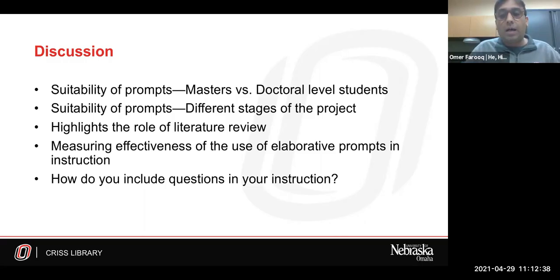Yes, we do. We have a social science research commons. It's a collaborative interdisciplinary space for faculty and students. So we do help them with data analysis questions.